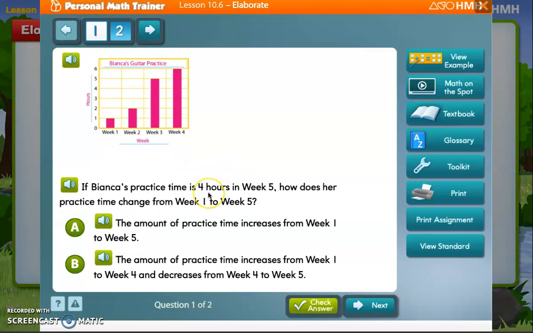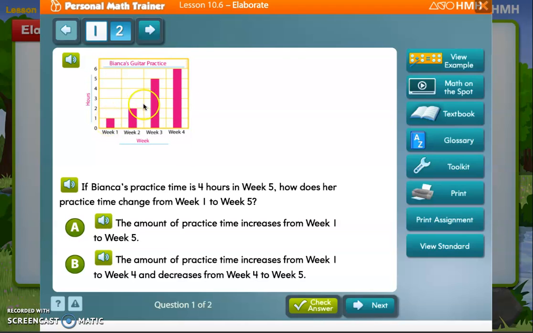So it says A, the amount of practice time increases from week 1 to week 5, or B, the amount of practice time increases from week 1 to week 4 and decreases from week 4 to week 5. So basically, if Bianca practiced 4 hours during week 5, then her bar for week 5 would go right to the number 4. And if that were to happen, we would look at the entire graph, and we would notice that